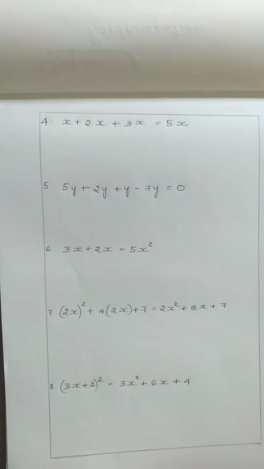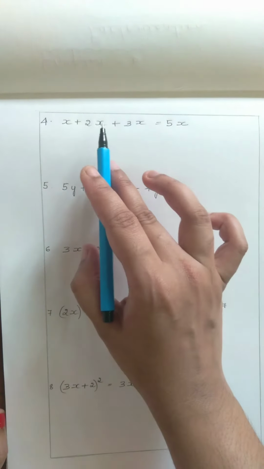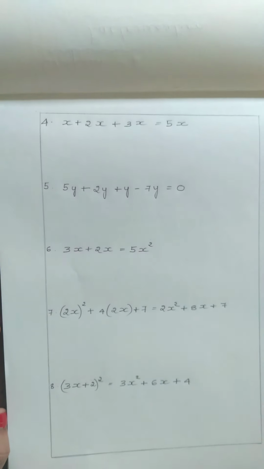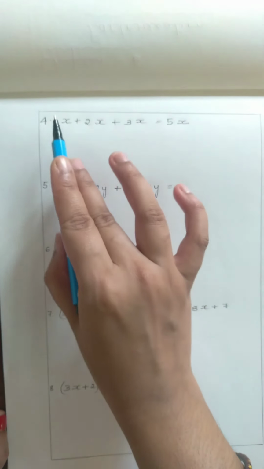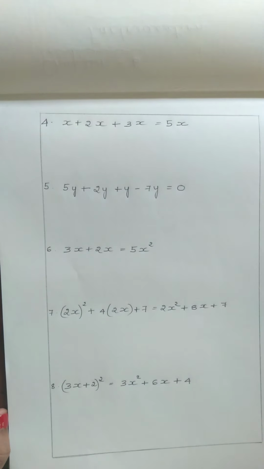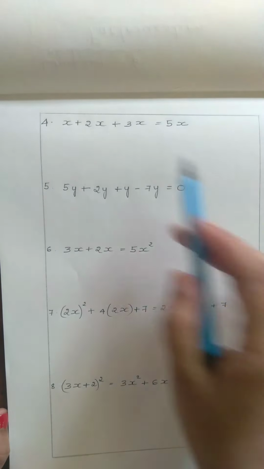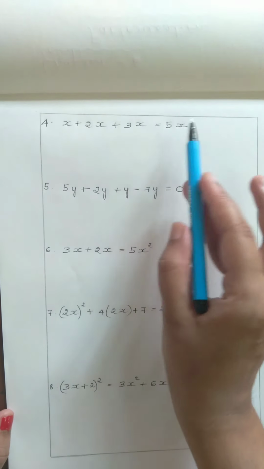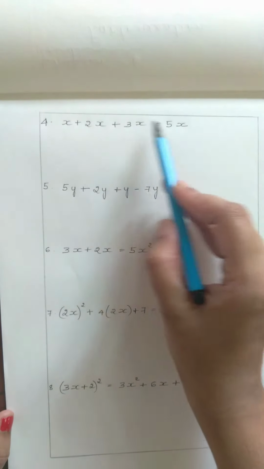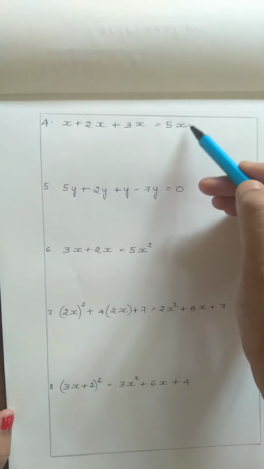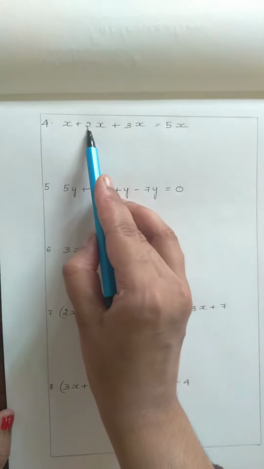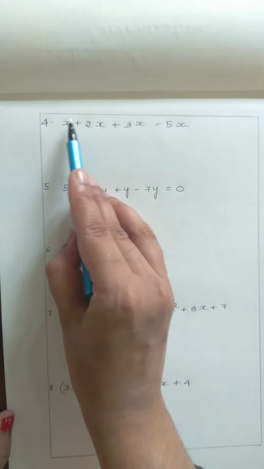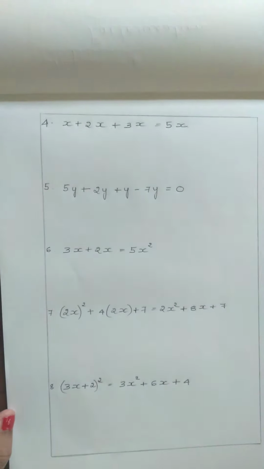Look into the fourth problem in which we have x plus 2x plus 3x is equal to 5x. So I told you we can add two or more terms when we have the same variables. When considering this problem, all the three terms contain x. So we can add three terms. But when you add three terms, the given mathematical statement is equal to 5x. But this has an error because, look at the coefficients of x. Coefficients means numbers.